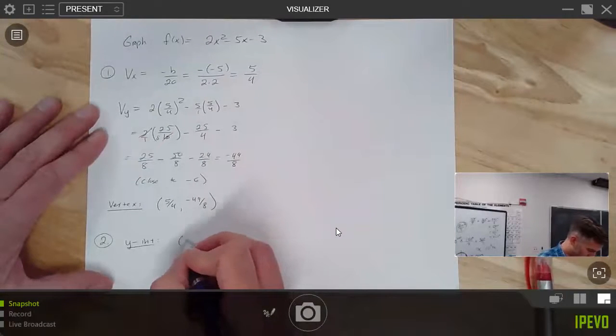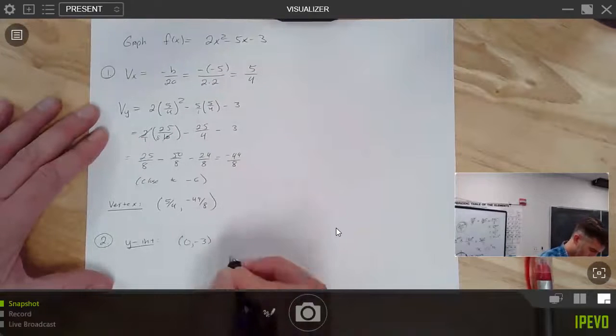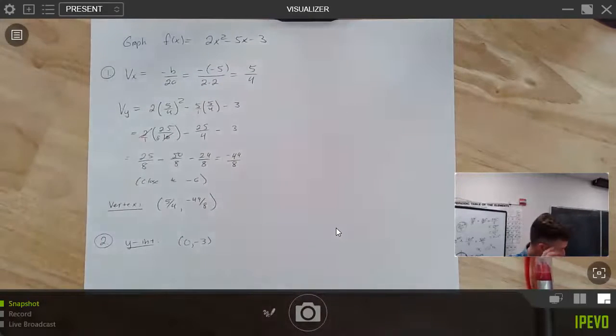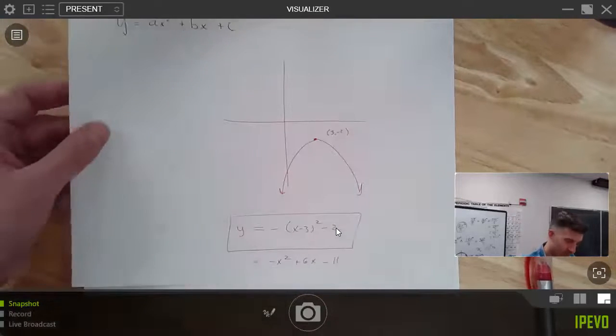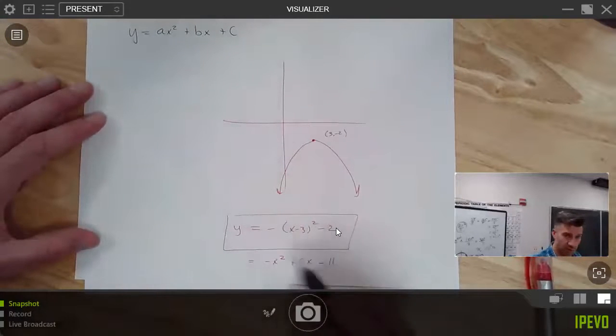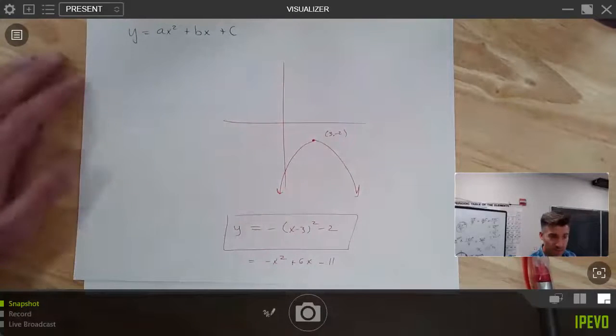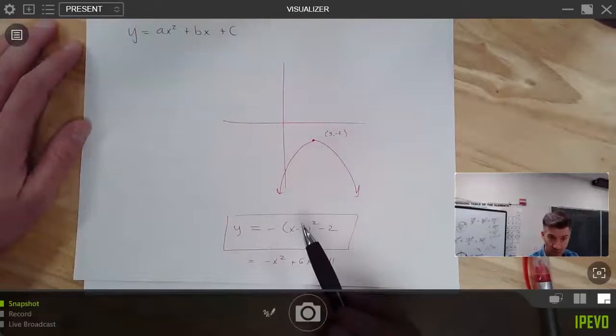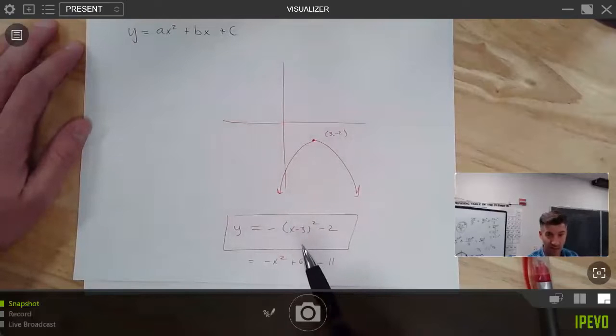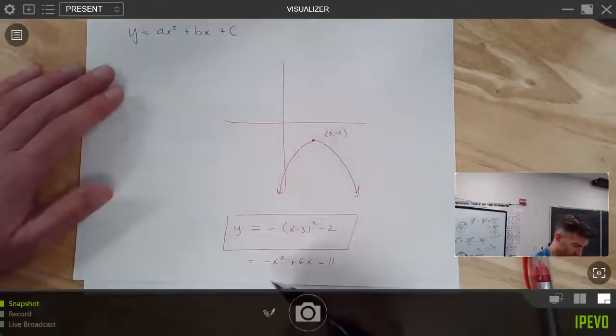I should mention, this is something to be super careful about. If you did have an example like this, where it was written in the completed square form, the y-intercept is not -2 here. Right? To find the y-intercept, you have to plug in x equal to 0. And if you did that,